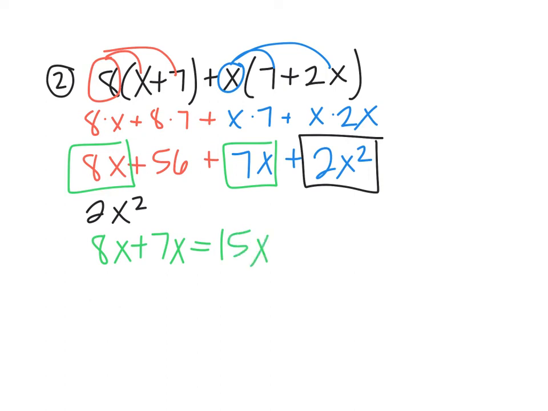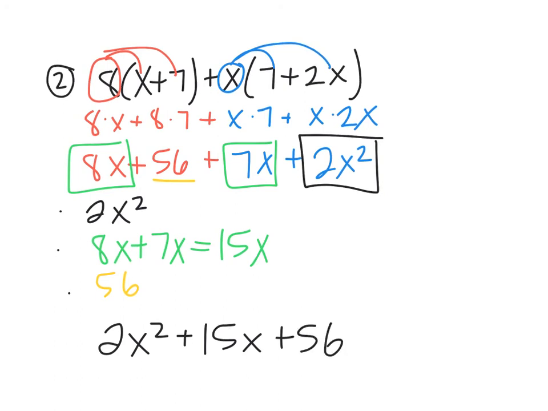And then the 56 is a constant term. I can't combine that with anything, but I can put all three of these into one expression, so I can say 2x squared plus 15x plus 56. And I can't simplify that anymore because they're not like terms, and I only have pluses, not plus and negative in between. For our last example, example 3, we're going to do